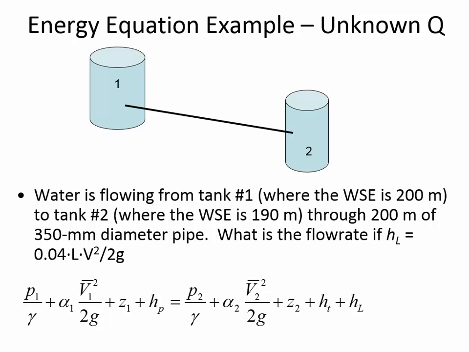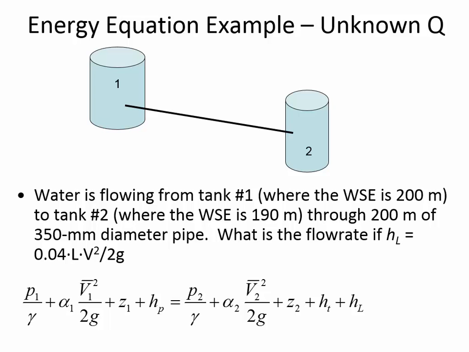But this equation that is given is saying that the amount of energy loss that is going to happen depends on the length of the pipe and the velocity in the pipe. And so let's think about that in practical terms. If the pipe is long, if it was 400 meters instead of 200 meters, then you're going to have double the head loss. And so that makes sense that the longer the pipe, the more frictional resistance there's going to be. And you'll lose energy between the 2 points more if the pipe is longer.